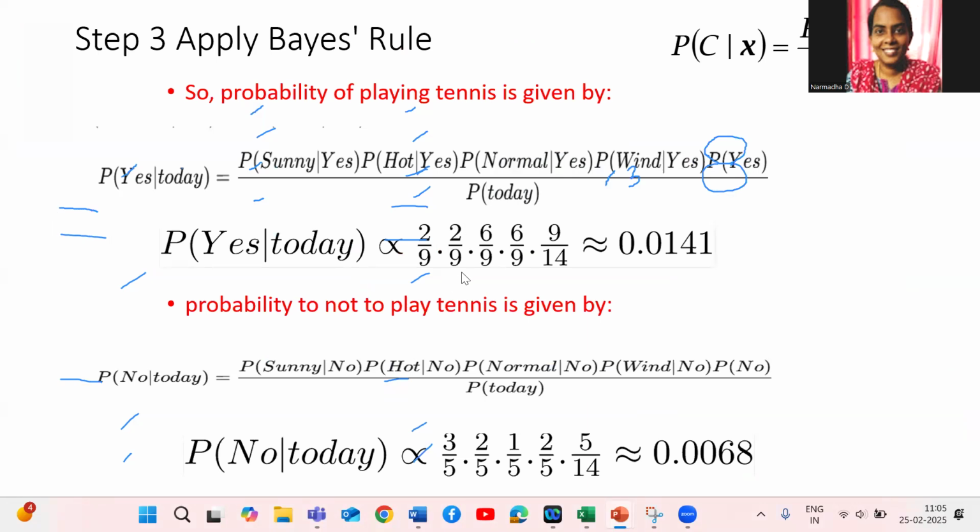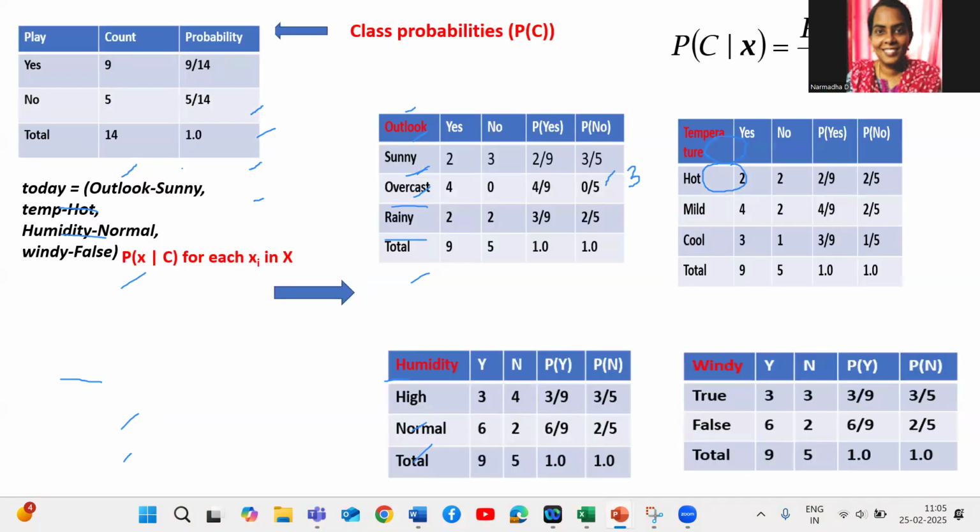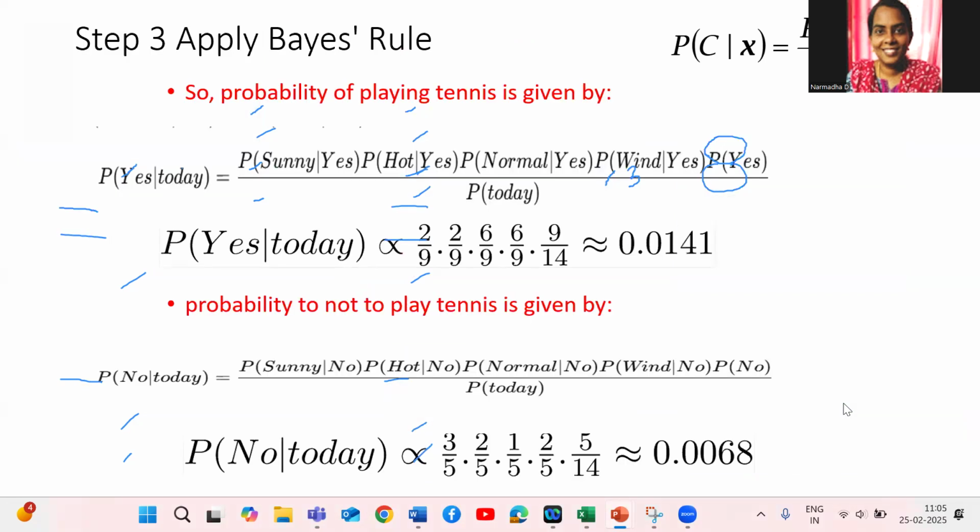So you will have to multiply all the class probabilities, and the next is the probability of wind is equal to yes. So wind is equal to yes is 3 by 9. Okay, so here there is a mistake. And the total probability of yes is 9 by 14. So you will have to multiply all these values and you will get